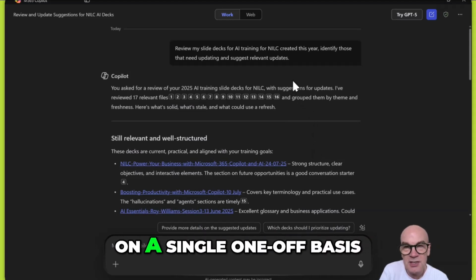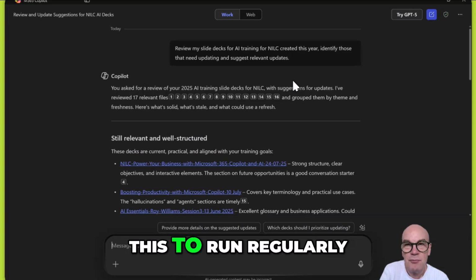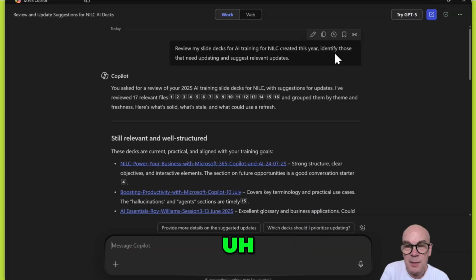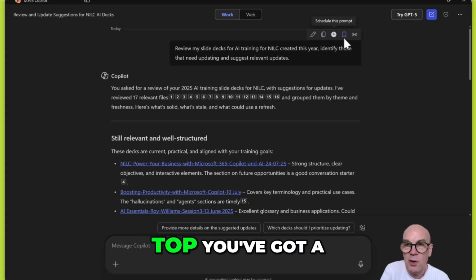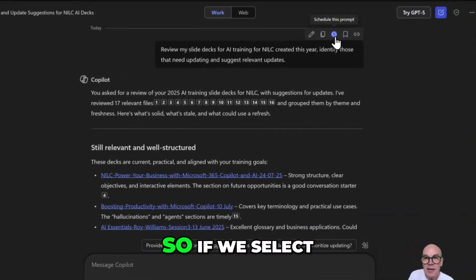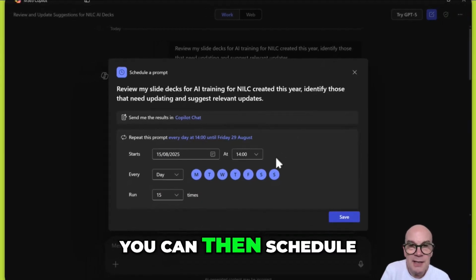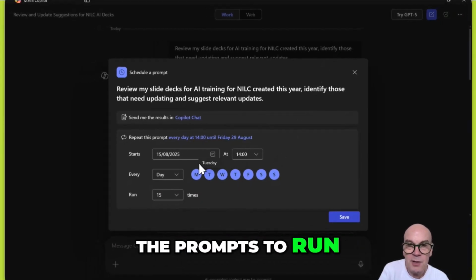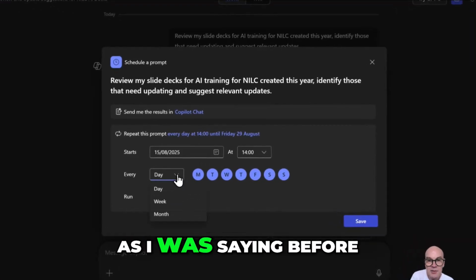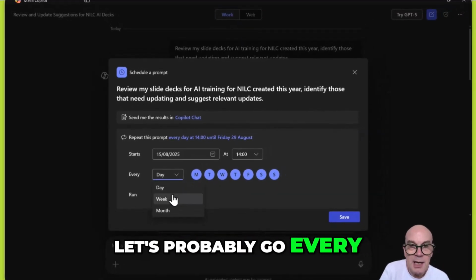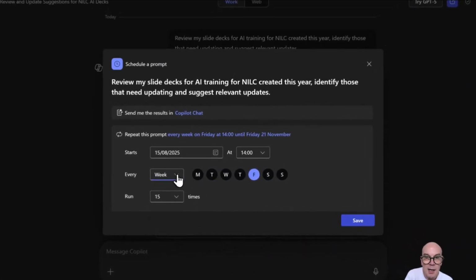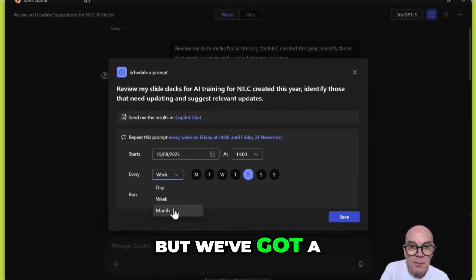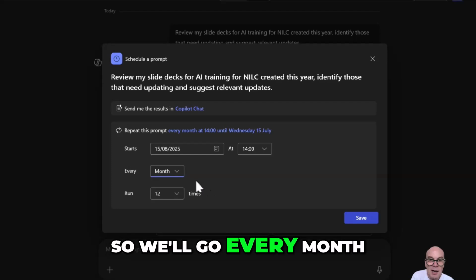But this is just on a single one-off basis. How do we get this to run regularly? So what you need to do is highlight the prompt, your original prompt here, and you'll notice in the little toolbar at the top you've got a clock symbol. If we select the clock, you can then schedule the prompts to run on a regular basis. So as I was saying before, let's probably go every 2 weeks. Actually we haven't got the 2-week option, but we've got a monthly option, so let's go with that. So we'll go every month,